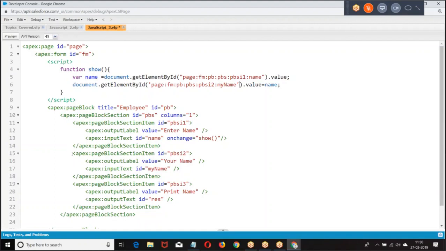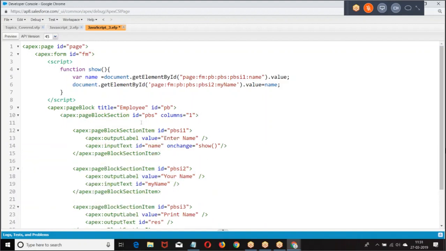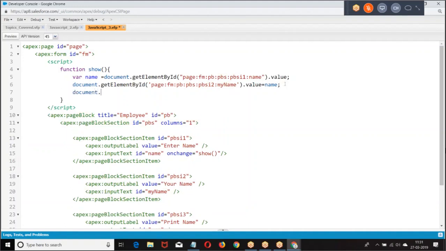Here I want to display page block section item 2, equal to this. Then the next one: either an input text box or an output. If it is output, again the same story.